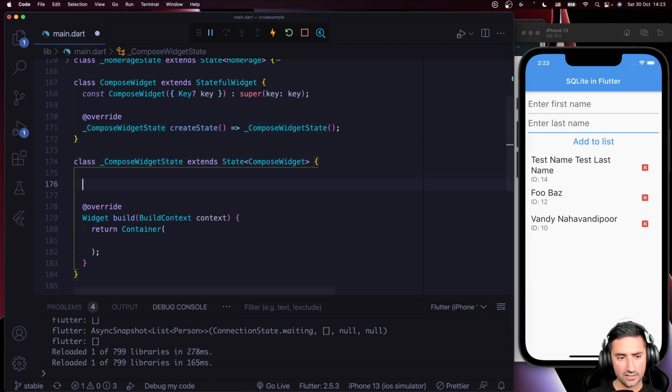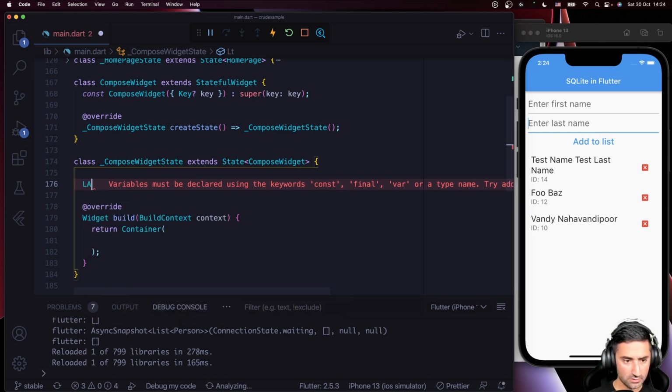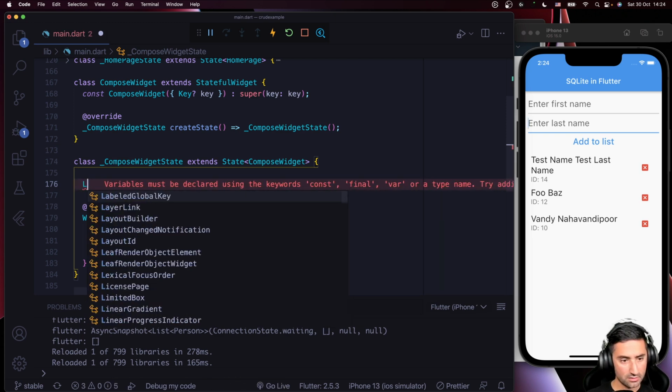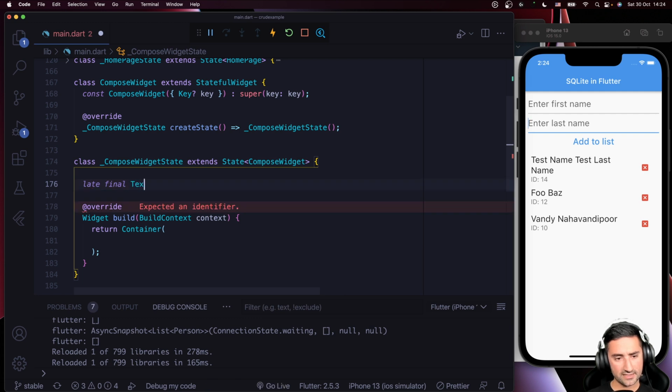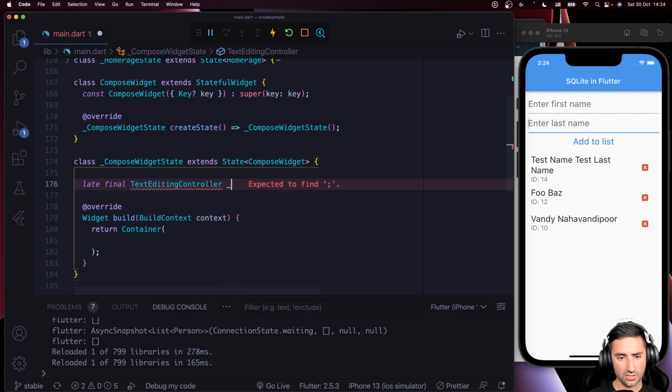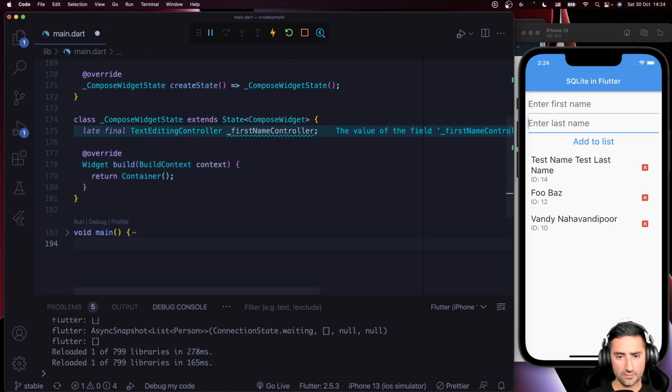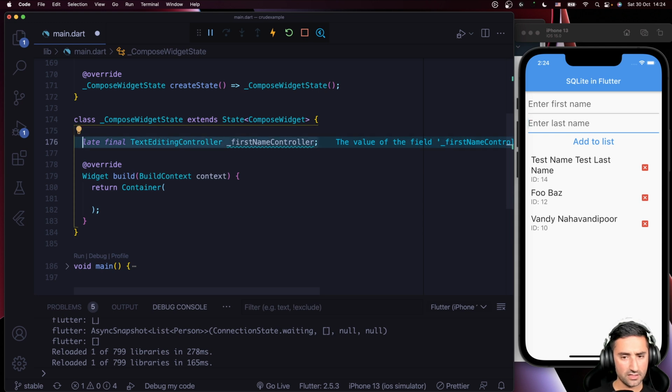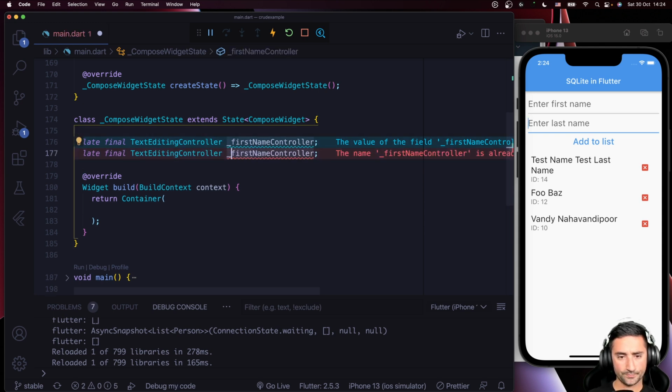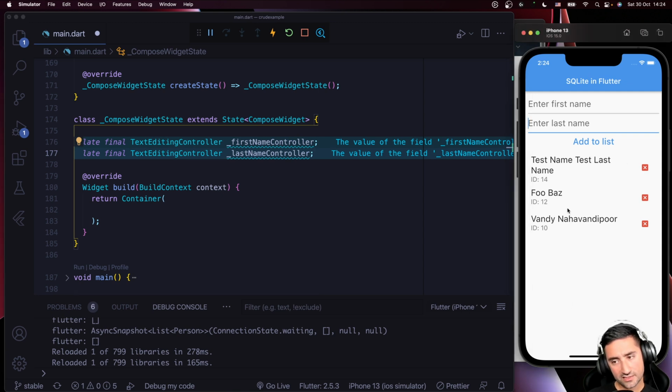Let's go and say late final, I would say. Late final. Text editing controller, first name controller. Okay. And then I'm going to say last name controller. So these are going to hold on to the first name and the last name. All right. I mean, this is not our application that we're developing, but I just brought it up so that we can have a look at how it looks like and what we're actually developing. So